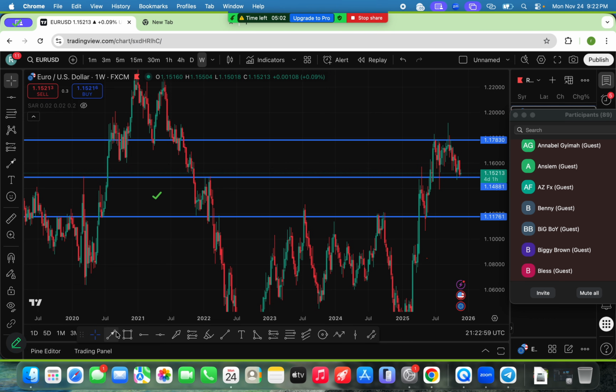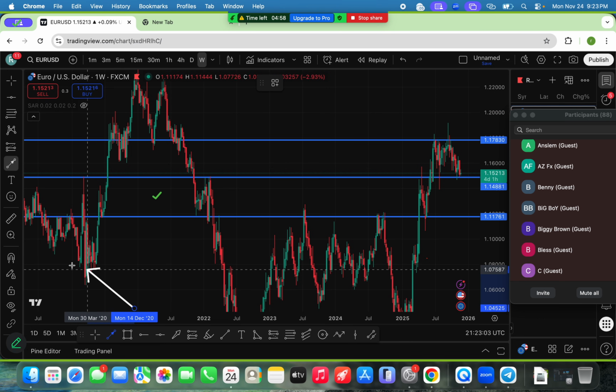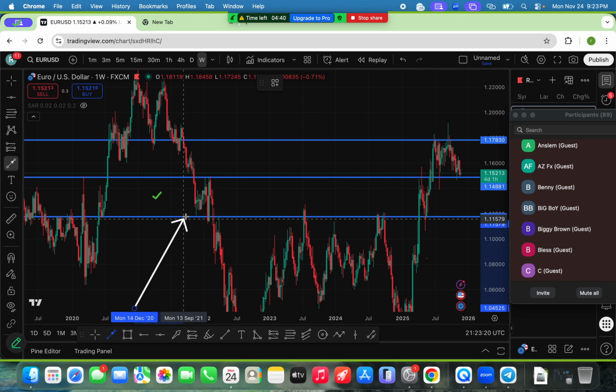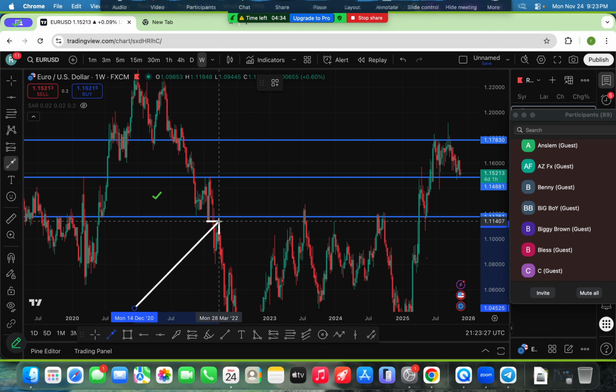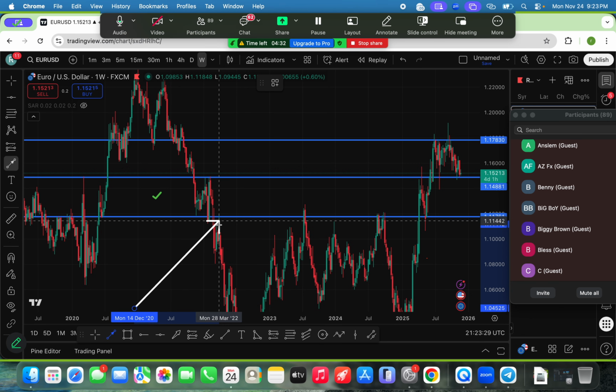Now let's go into the last turning point in the weekly time frame so you can see the reason why I took them. Anytime price got to this particular turning point, you can see the reaction given here. You get it? At this point, it was finding it very difficult to break. Then we got the break, then we got price retesting the level, moving upwards. We got price retesting the level again, moving upwards. Then we got the break. You can see we got a weak retest. Understand? You can see we have a retest here.